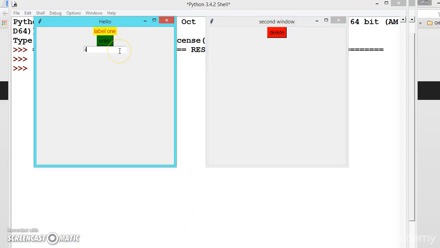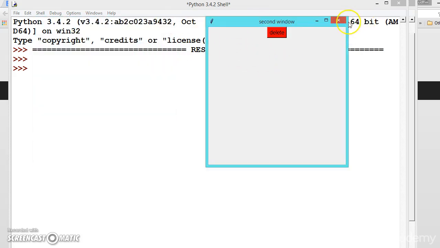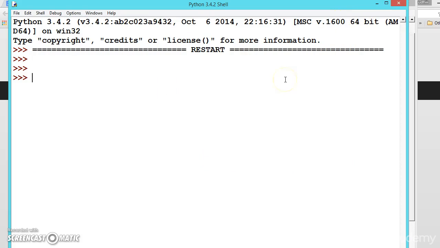Now say we are entering here and pressing enter. Let us make this output be printed in the second window. All the functionality will be the same, but when we press enter, this output should be printed here. For that we have to make a small change, that's all.